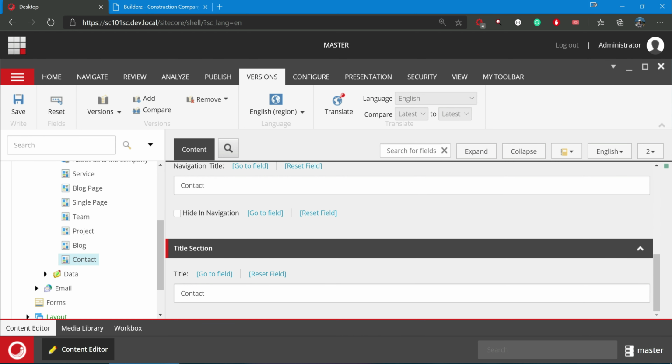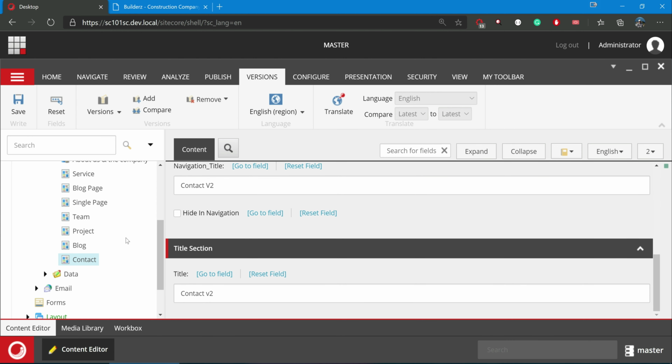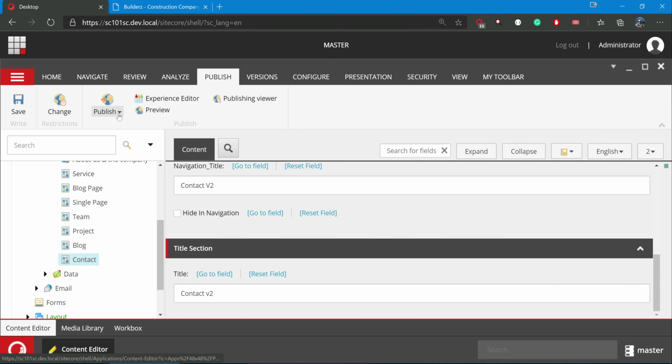Obviously this will not change because there is versioned, unversioned, and shared, which I will discuss later. If I want to change v2, let me just add it. So contact v2, and let me publish this.